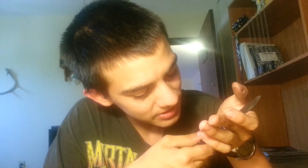Now let's go to the second one I got, my Imperial USA Girl Scout knife. I've showed this one off before, so I won't go into too much detail. It's by far the sharpest one I have, and the easiest one to open up. In fact, this might actually be the sharpest knife in my entire collection of pocket knives, which is cool. It's got the little Cub Scout